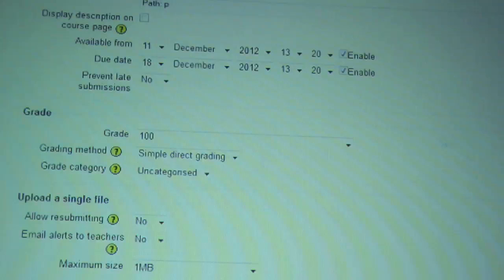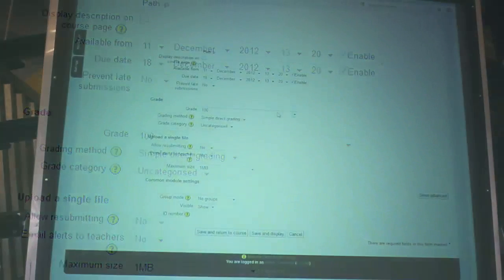So in this case, in the description, I would actually put the directions for the assignment in the description box. And then as you can see under this box, you can set up parameters for when the assignment is available. And then you can either prevent or allow late submissions. Everybody with me okay? It's up to you if you want to allow late submissions, and Moodle allows you to